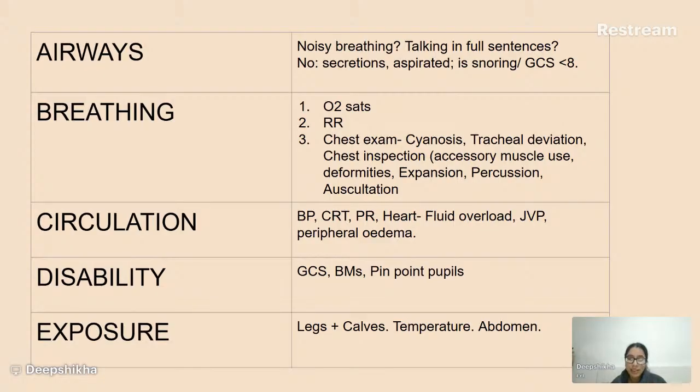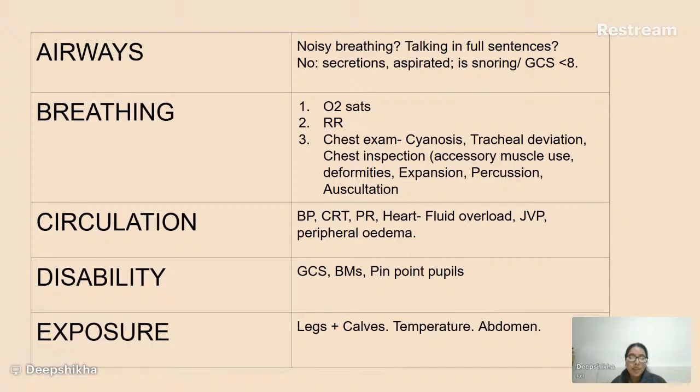Then you move on to the chest examination as part of the A2E. Circulation: you look at their blood pressure, their pulse rate for any tachycardia or bradycardia as well. Cap refill time, ideally less than 3 seconds. For circulation, you want to look at their legs and their JVP for any signs of fluid overload as well. Disability: you want to look at their GCS, what their BMs are like,